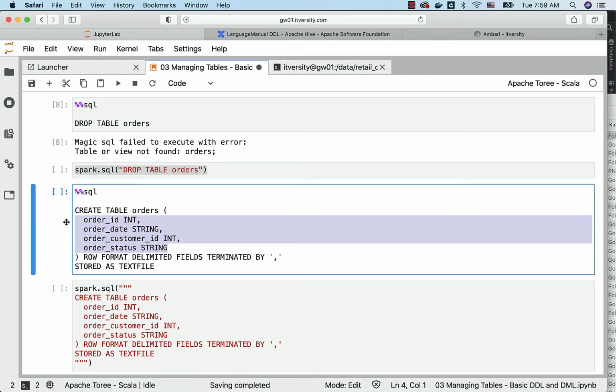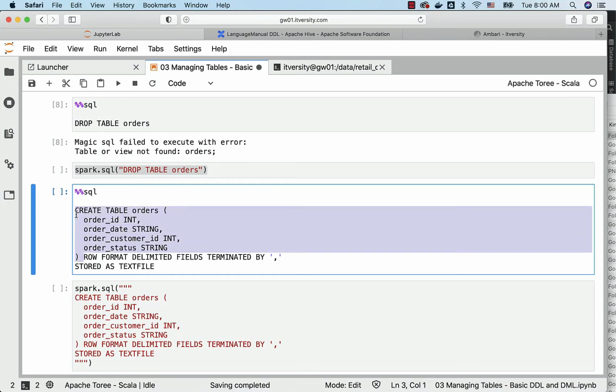The data types might not match exactly with the Spark Metastore data types. You just have to apply some basic rules, determine what would be the data type, and take it further. For order date and order status, from the source it can be varchar. In Spark Metastore, we can leverage string rather than using varchar, and we can define order date and order status as string type. Order ID and order customer ID, as we have only numbers, we can define as integer. So this is how you can specify the column names and data types as part of the create table command.